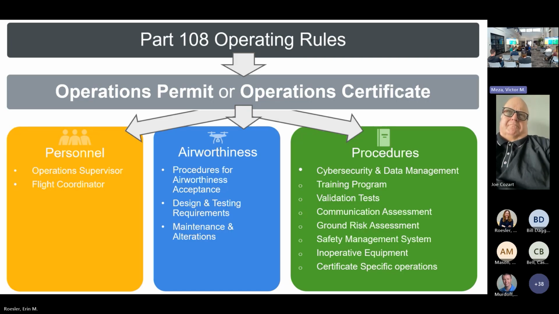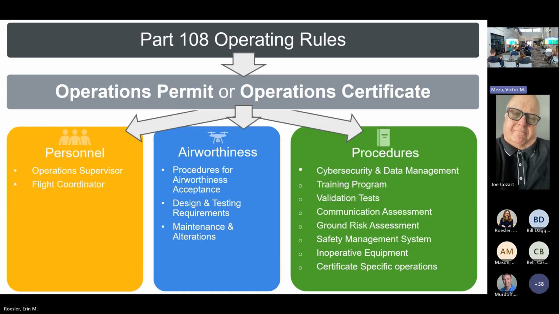So right now, if you have a remote pilot license, if you flip it over on the back, it says small UAS rating. A lot of people don't even see that. They just say, hey, you got a remote pilot license. But on the back, it actually has a rating that says small UAS rating. We anticipated that we would also see a new rating that would say BVLOS, or Beyond Visual Line of Sight rating. It's not the case. Part 108 does not introduce any new pilot requirements.